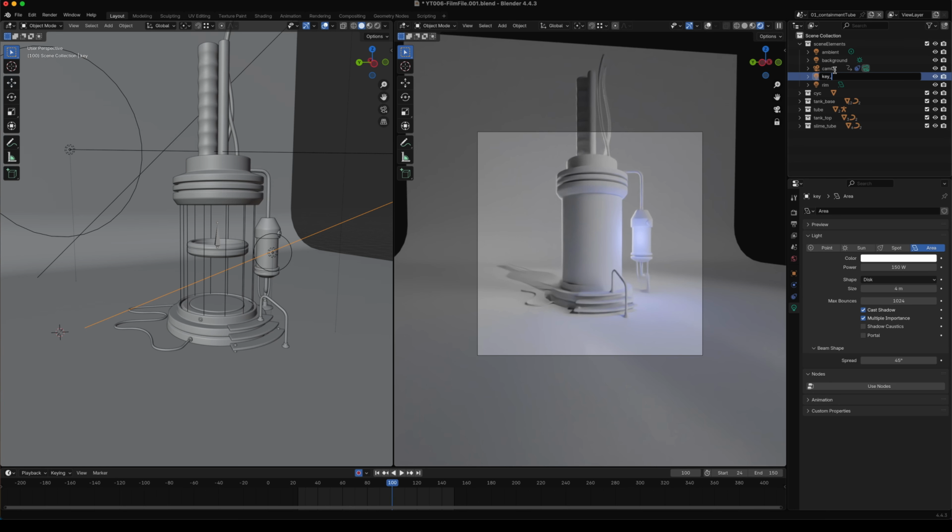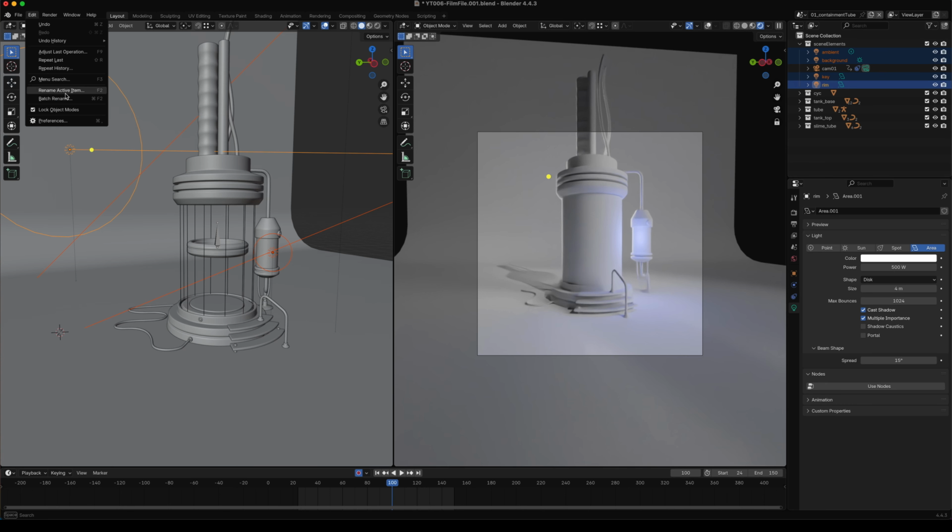If you're working with baking, you need underscore HP for high poly, underscore LP for low poly, that kind of stuff. And it can get really annoying to have to go in here and double click and add underscore LP or underscore whatever. Or in this case, to keep things more concise and visually condensed, I would put in light underscore key, because the outliner by default organizes things alphabetically. So if I wanted to keep all my lights together, it would need to be light underscore and then whatever light that is. So I can do that pretty easily by selecting all of these, and then I can go